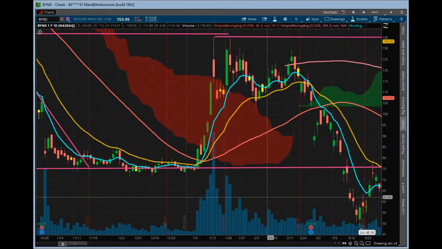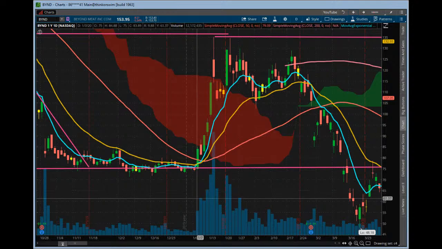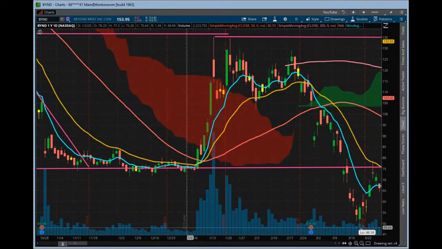One of my friends likes to say that elephants can't fit through doorways, and I think it's a great illustration, right? Big money can't hide, right? So if we're starting to see volume really rising, and you actually started to see a bit here, but once we saw this on Beyond, right, we had a little bit bigger volume, and then more